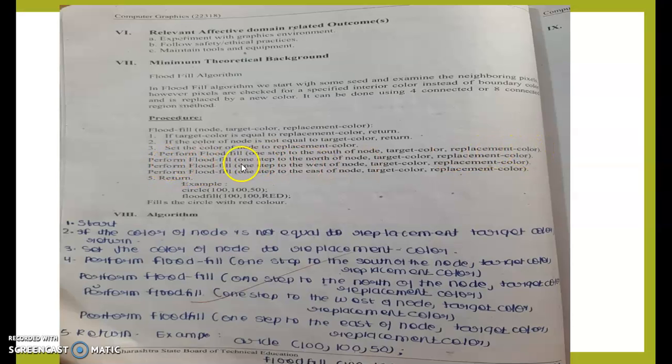Then perform flood fill one step to the north of the node, target color, replacement color. Then perform flood fill one step to the west of the node, target color, replacement color. Then perform flood fill one step to the east of the node, target color, replacement color. Then return.